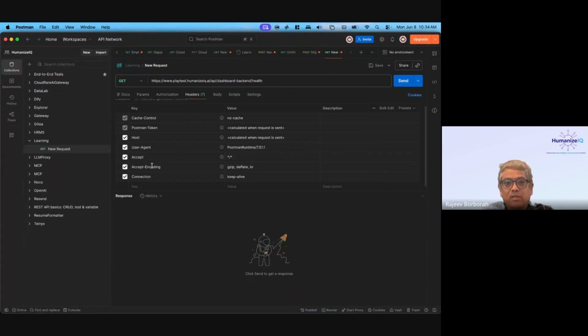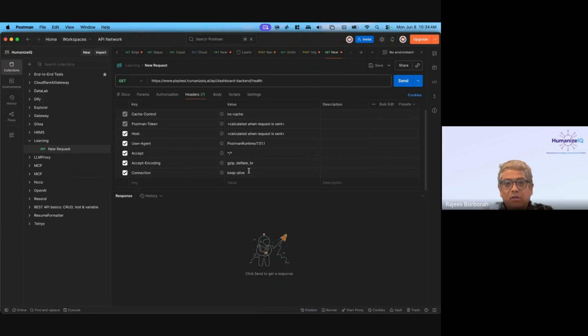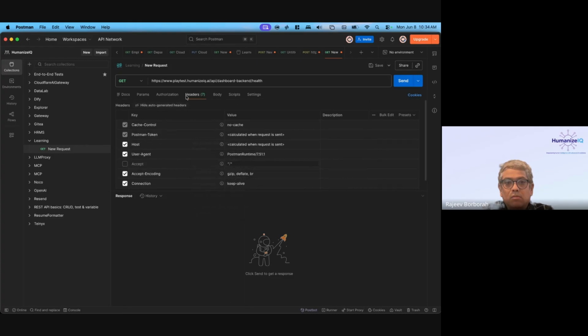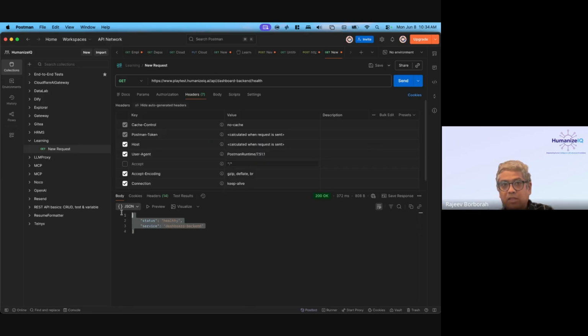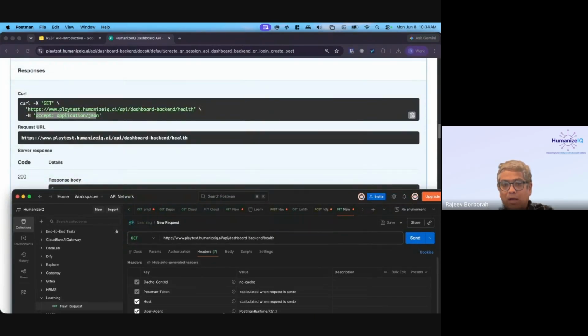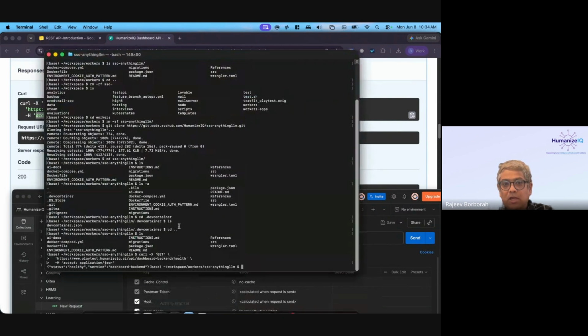So if I go to headers, it will have the, do I not have it? Okay, let's put accept instead of this. Why is it not letting me? Okay, I don't need to do that. Okay, so if I do this now, I've tested it. I have tested it using Swagger, and I have tested it using the command line, right?